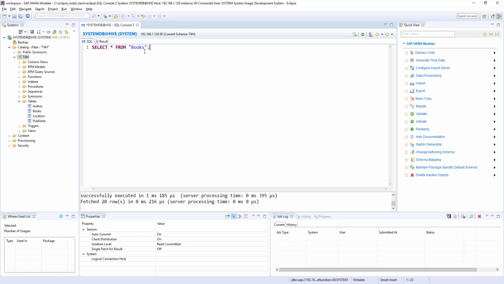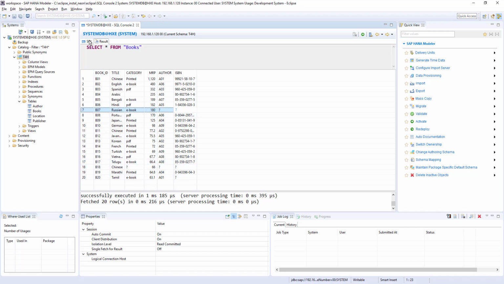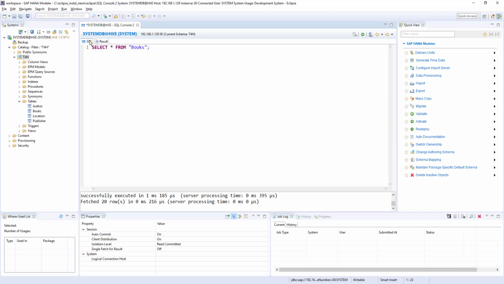Let's understand more in detail. So now we ran the select star from books and we see 20 records, and we know we have 9 authors, if you remember from previous lessons. Let's put a where condition: where author between A01 and A09.